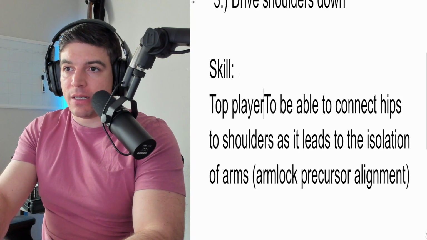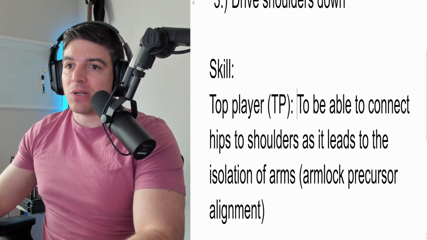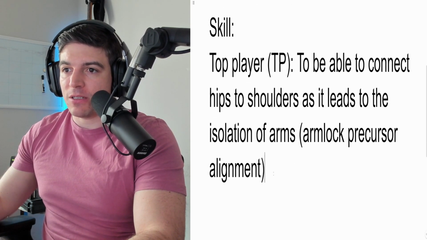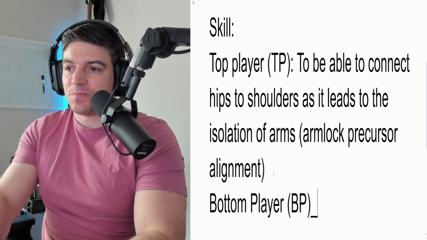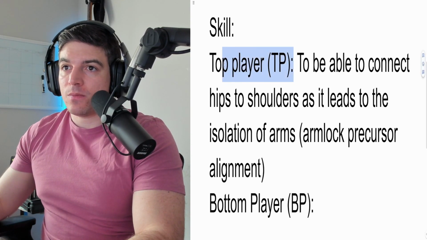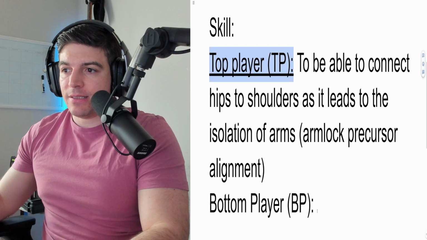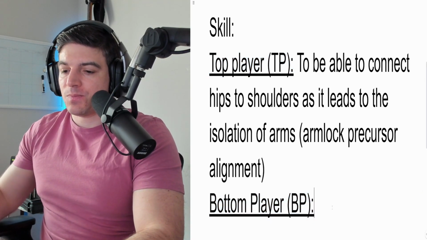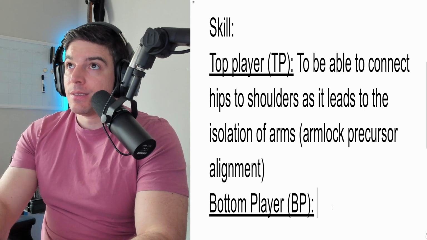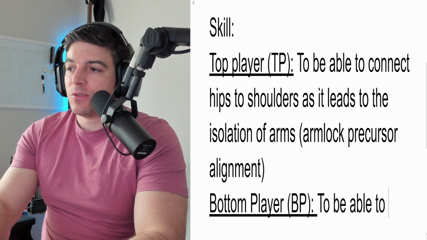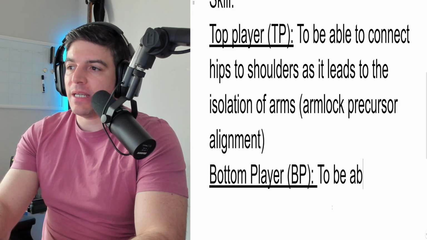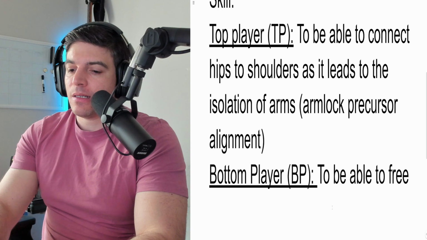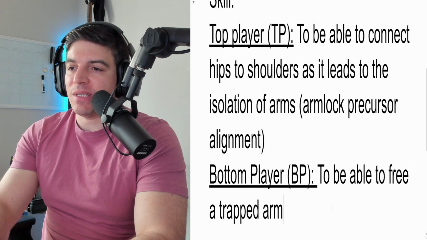So the bottom player's skill, let's be specific here. Top player, and I'll refer to that as TP, is to be able to connect hips and shoulders, as it leads to the isolation of arms, the arm lock precursor position. Bottom player, BP. Let's just make this look nice. So the bottom player is to be able to disconnect, actually, I'm liking to be able to free a trapped arm, because that's going to